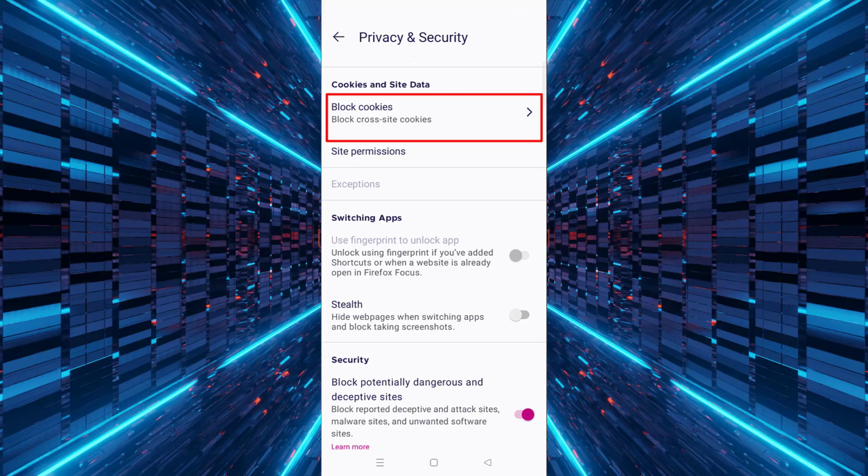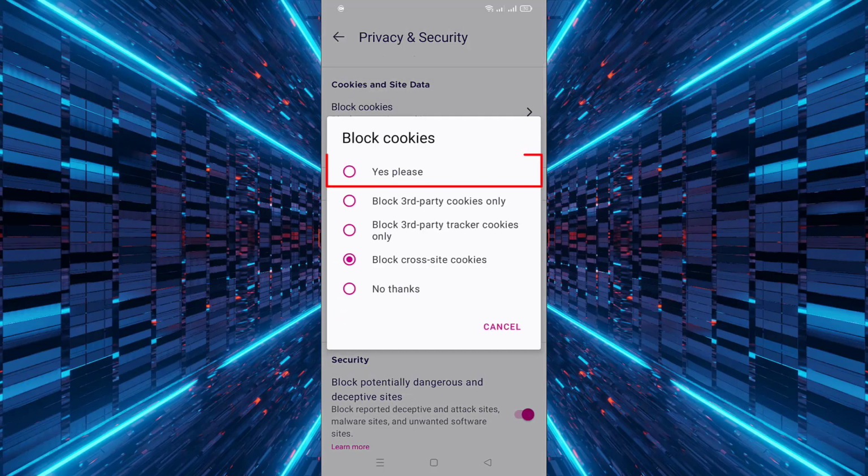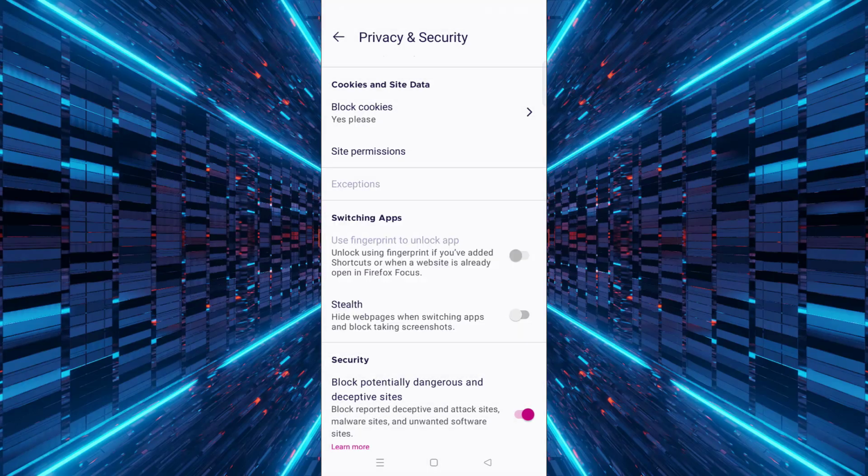Next, tap on Block Cookies, and you will see different options to choose from. Then, select Yes to block all cookies and prevent websites from tracking your activity. Finally, your browser will now automatically block cookies while you browse, enhancing your privacy and making your